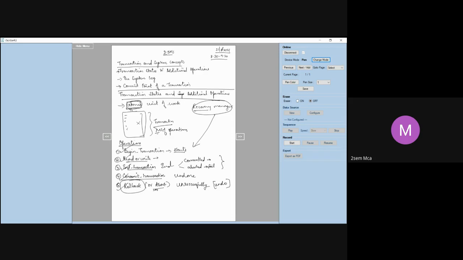When I write this commit instruction, commit transaction, what will happen? It means that my transaction has ended successfully. So any changes that I have made as part of my transaction, whether I debited or credited, whatever operations I have made, are all committed to the database, meaning they will be permanently recorded in the database. You cannot undo those operations once again. You have already stored it permanently. You have committed it, so you cannot undo those operations. That is what is meant by commit transaction.